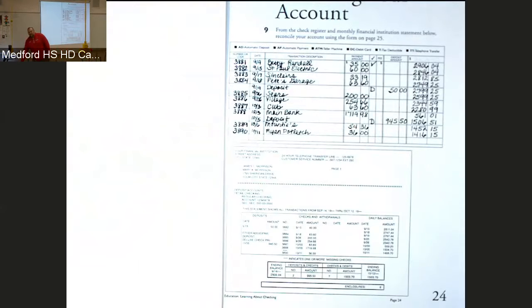So first of all, you'll get a statement in the mail. It looks something like this. The form is going to look a little bit different depending on the bank. Again, you can always do this online with mobile banking and all the apps and services that they offer today. But really, the first thing that you need to do, maybe you want to write this down in your study guide,